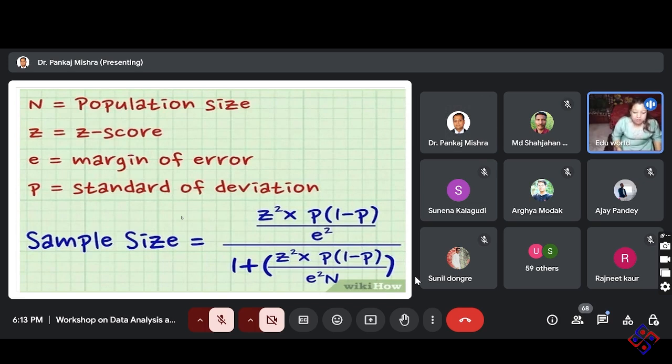Either you can use this manual calculation method, or you can go with the table method. The table that I will display to you tomorrow, with the help of that you can also do. That is the easiest way, I can say. You will see how much population you have, and based on that population, how much sample you should take. That is the way you can do, and the other one is the online method. Next one.